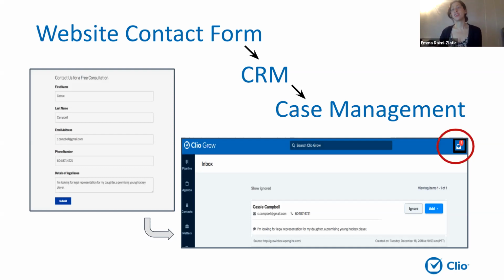So you want to make sure that to stay above the competition, to set your firm apart and make sure that they're not going to another competitor right after reaching out, you want to make sure you have a method of being pinged and notified directly. And a good way is the plugin to a CRM, and then to a case management software if you get hired, is really essential. That way you know you get notified, the contact is immediately created, and you can have a way of tracking the progress of,